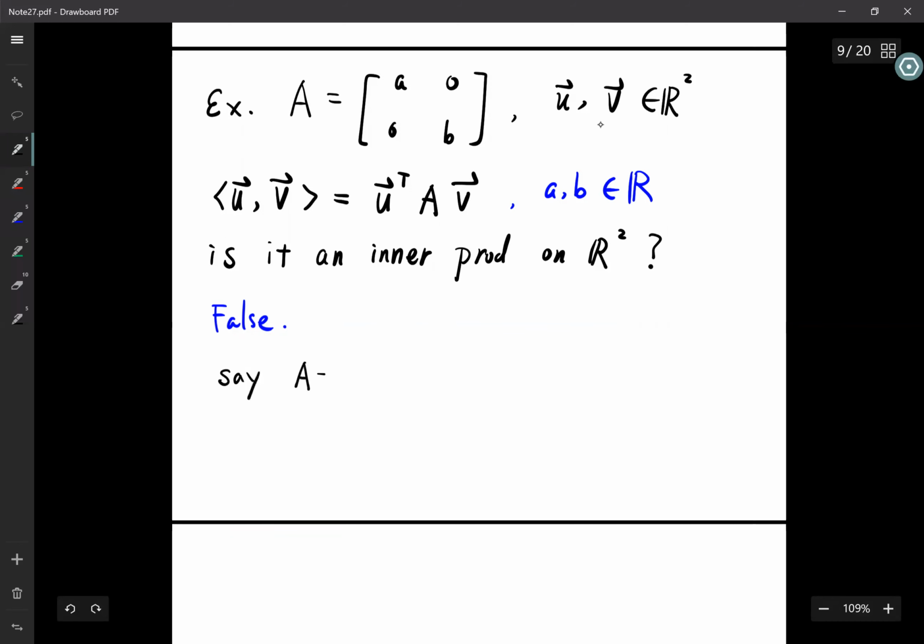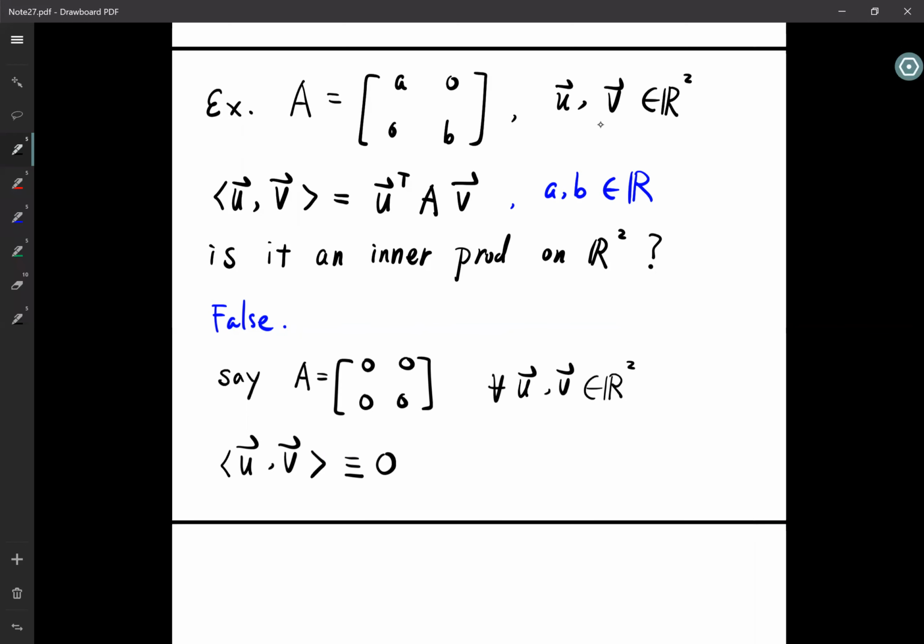Say I take A to be a zero matrix, which means that the values of scalars A, B are 0. Now I take any U, V vectors in R2. The inner product defined in this way is a constant, that's 0. So in particular, if I just take any U, then UU is always 0. But this does not imply U is the 0 vector, therefore it violates